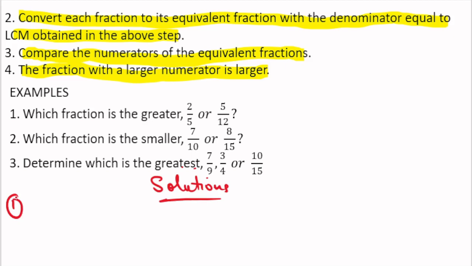For number 1, it says which fraction is the greater. So we are going to look for the fraction which is greater between 2/5 or 5/12. So working with the steps given in this class, the first step is to find the LCM. And to look for the LCM, we're going to be working with the denominators of the given fractions above. So now the LCM of 5 and 12 is,